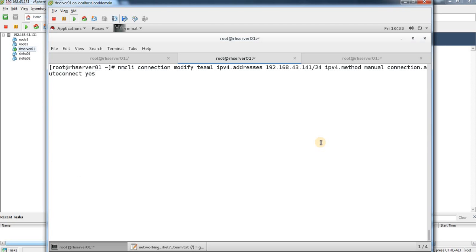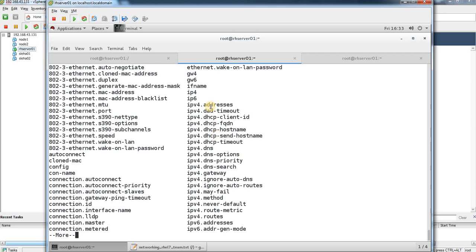IPv4 address. Okay, so nmcli connection modify team0, then tab. Here I can see IPv4 address, and you would be able to use it, or if you wanted to use IPv6, then here it is IPv6. And now I have to specify like this, and once I did that, the next option is